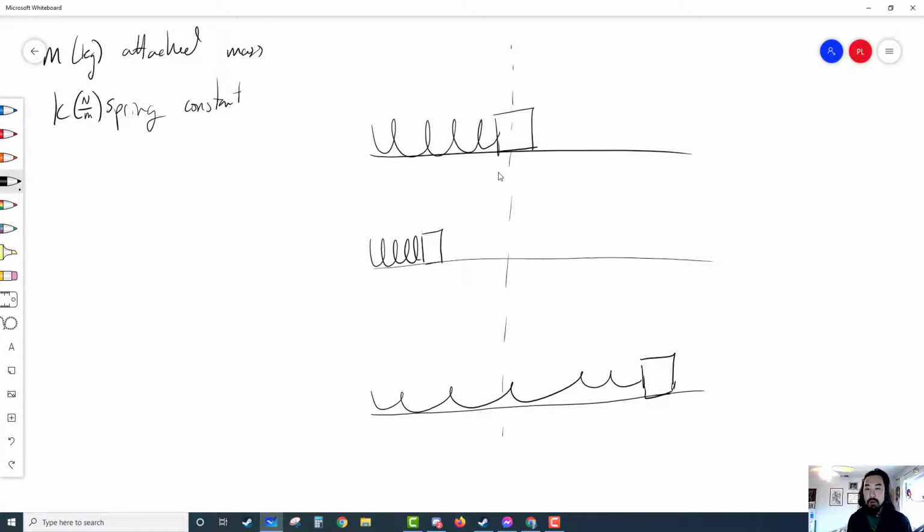Okay, when it's all the way out there. So we have this back and forth motion, right? We start off here, we push it to this position, it bounces back and forth, right? It goes back and forth, back and forth, back and forth. Now, the reason why the motion goes back and forth, and this also applies to pendulums, and I'll show you that in a little bit,